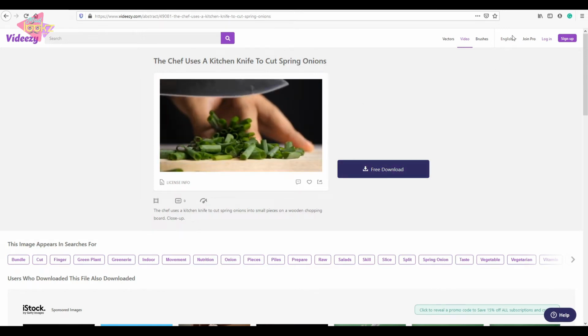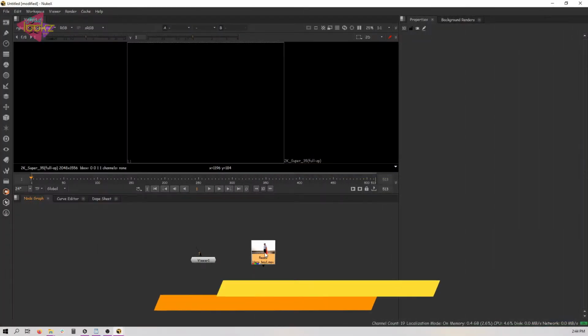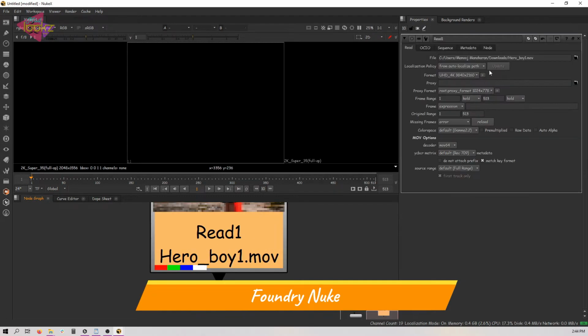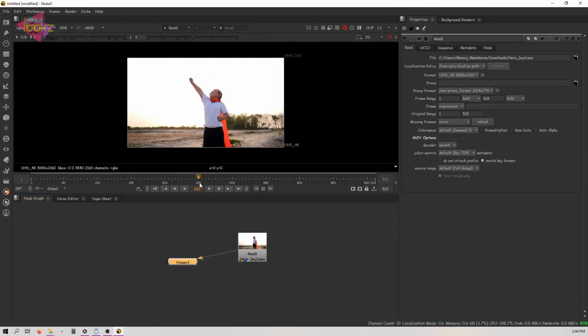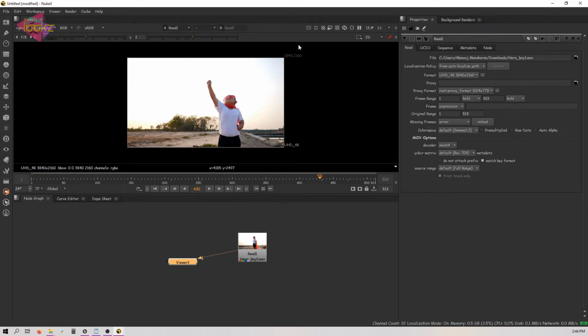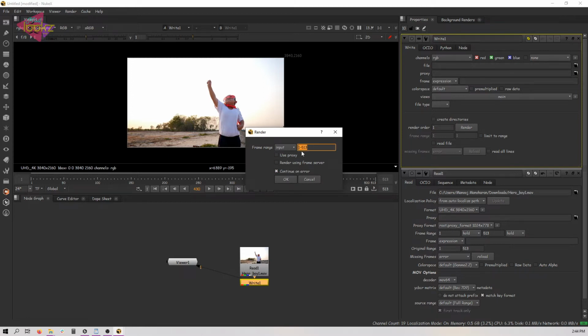So let's move into the Nuke. Okay, here we have Nuke, and here we have the MOV file. Nuke supports MOV files, Silhouette doesn't, so you have to convert that in Nuke. Here we have the codec information and all. So I'm just going to write it or render it out. Here we have the 4K resolution. So just take a Write node and save the file in the folder which you are going to render it to. I have already copied, and I have already rendered. So here we have the frame range option, 50 to 100, and that's it.